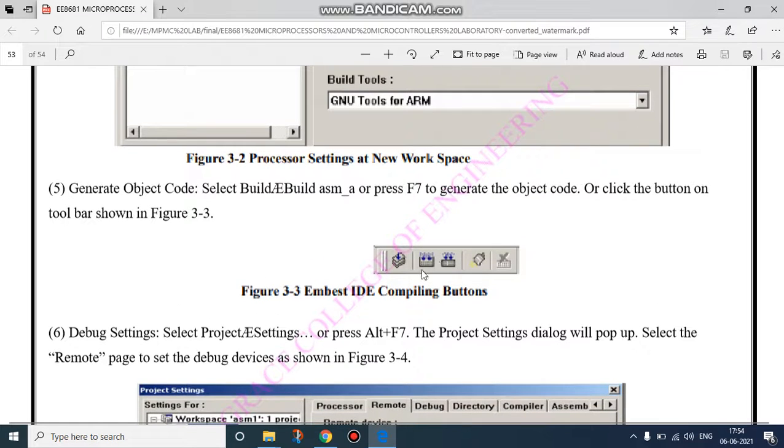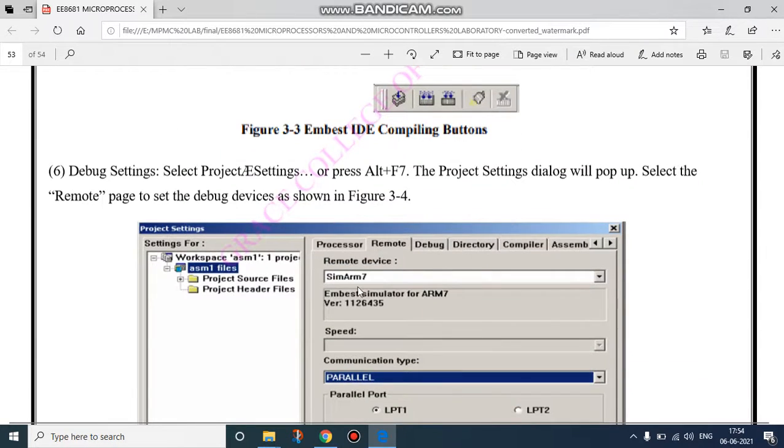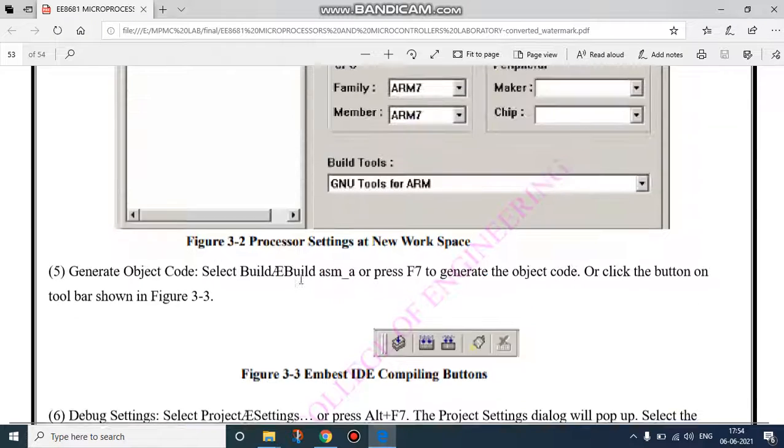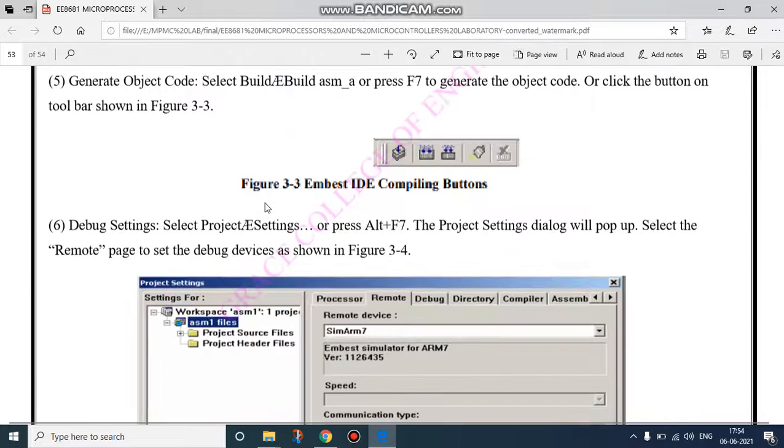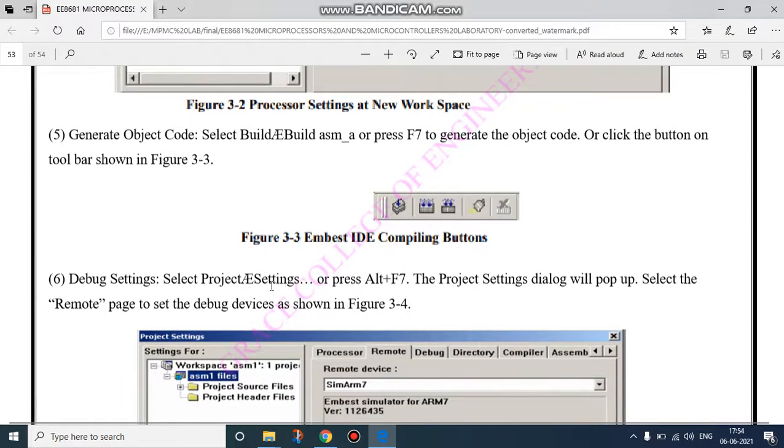We press the compile button for running, else press F7. For the debug settings, we can create them as per the basic settings.